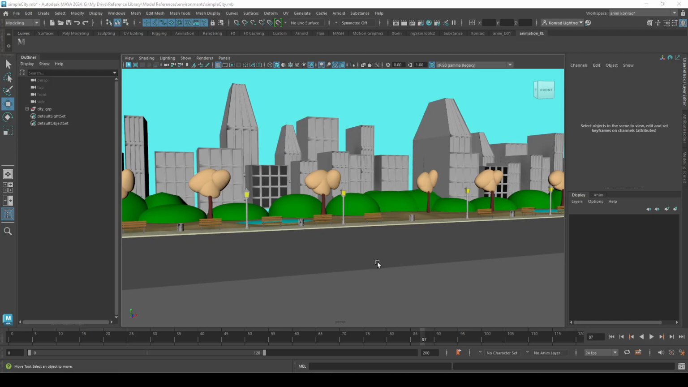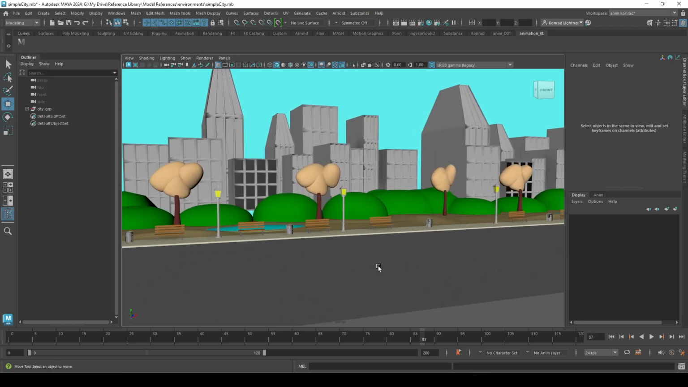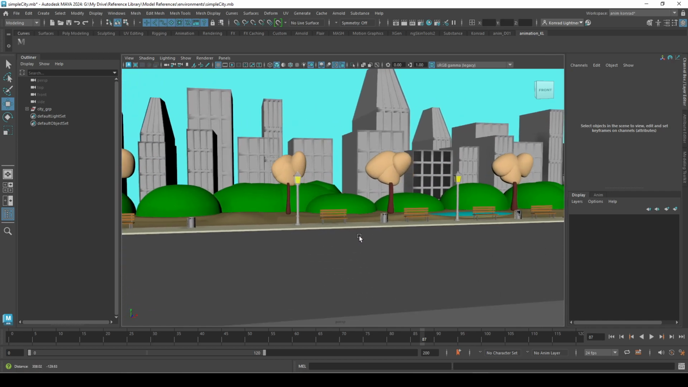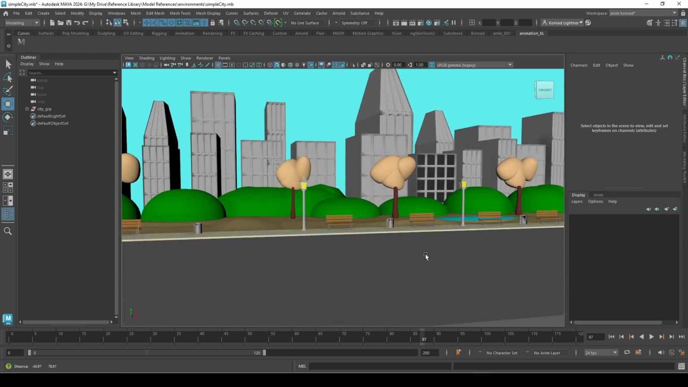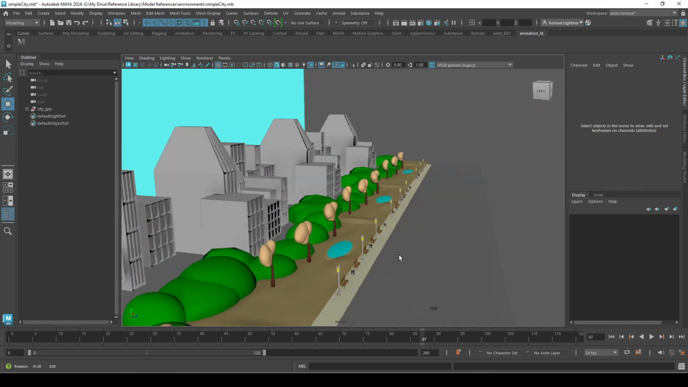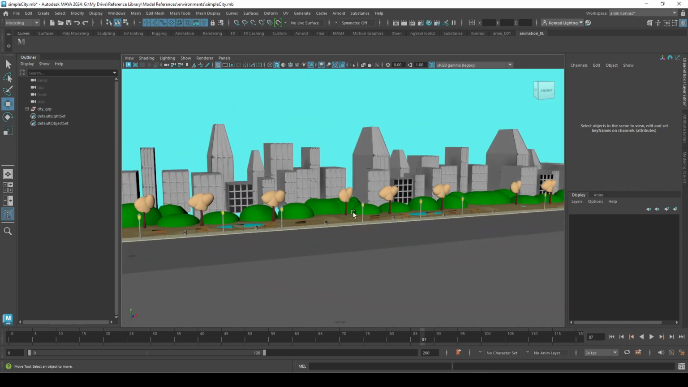Hello, in this video I'm going to go over references for our next project, which is a ball bounce. The ball is bouncing across the city, then decreasing in energy, and goes for a roll till it stops. So this is just a very simple city. It's a modified version of a